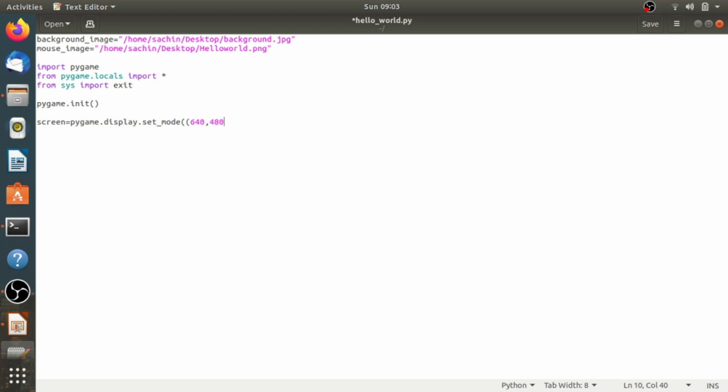So I am providing the tuple 640 and 480. The next parameter we give to set mode is a value containing the flags used in the display creation.